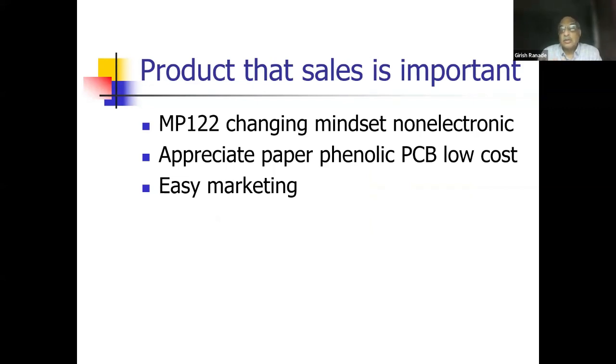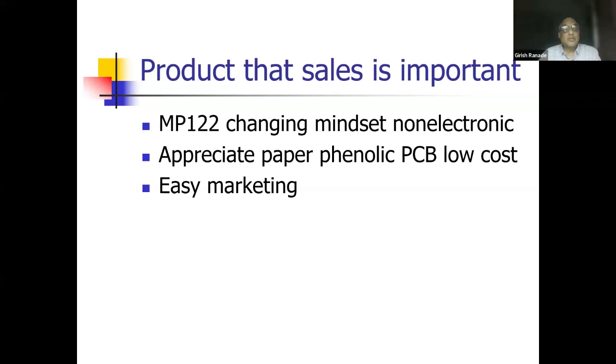We have to make the product which is in demand, because 1 to 2 MP1 to 2, that is manual parallel, 1 computer to 2 printers or 2 computers to 1 printer, was a purely manual switch product. There was no electronic IC or anything, but the design was so nice that it did not have a PTH PCB, because a PTH or two-sided PCB is always made in glass epoxy, which costs more.